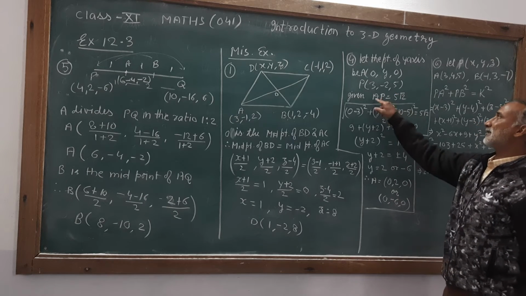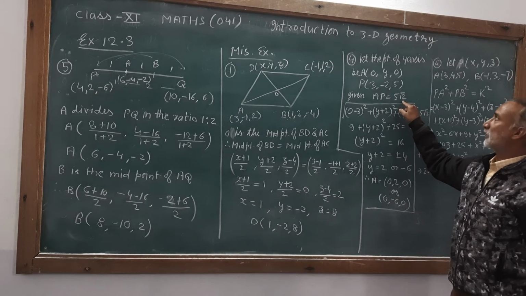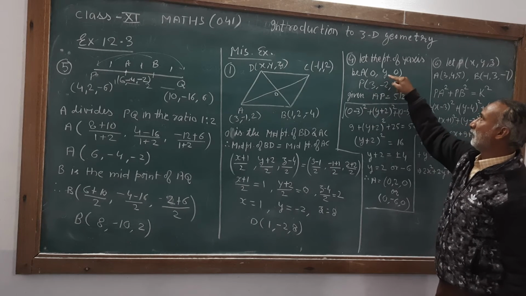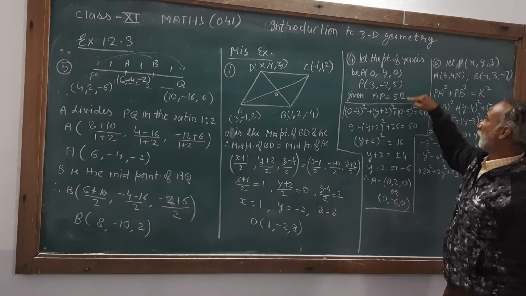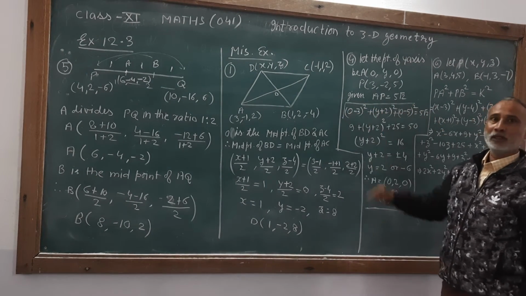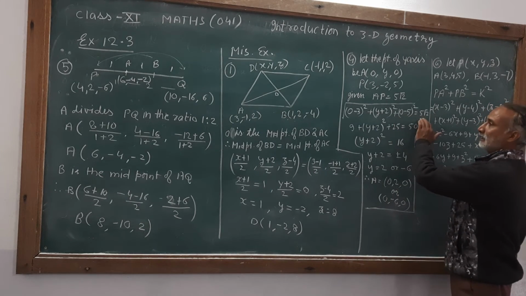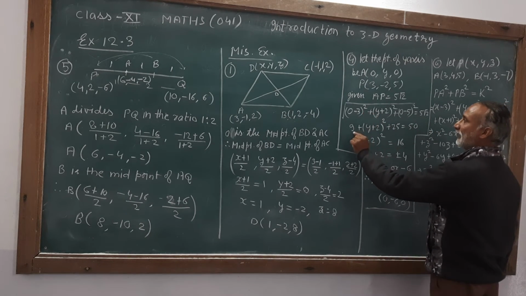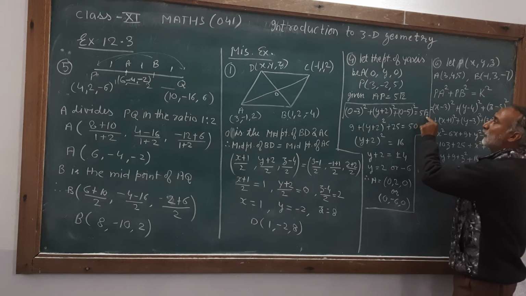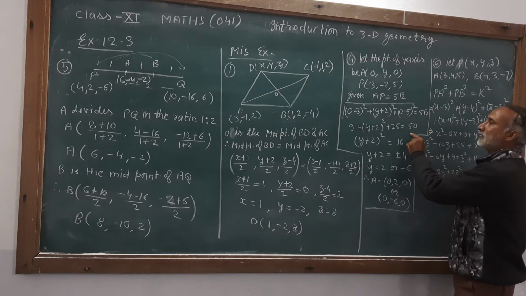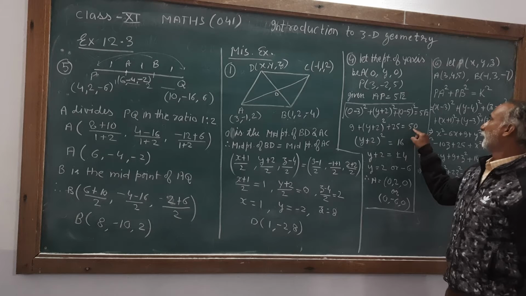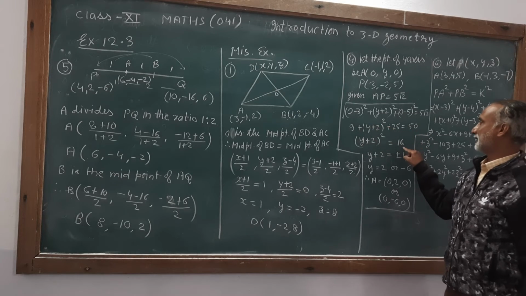Now, given that the distance AP is 5√2, use the distance formula between these two coordinates: √((0 - 3)² + (y + 2)² + (0 - 5)²) equals 5√2. Now take the square of both sides. So here this will be (-3)² = 9, (y + 2)², (-5)² = 25, and (5√2)² is 25 × 2, that is 50. Now simplify this: (y + 2)² will be 50 - 25 - 9, that is 16.